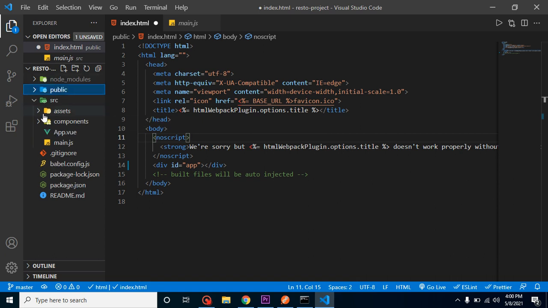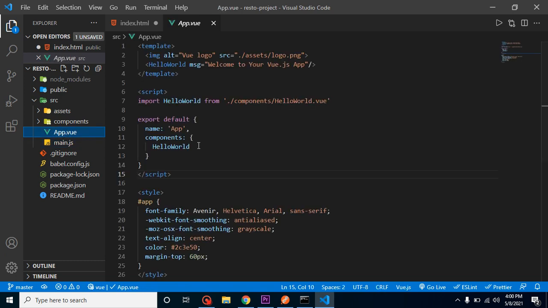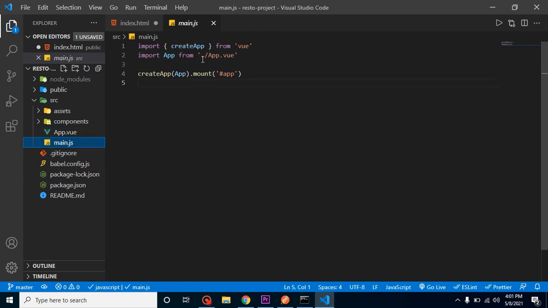After that, let's go with the src folder. I already told you about main.js. This file will mount your Vue.js code with HTML. After that, App.vue. From here we can start with our code. This is also imported in main.js and mounted with our application, or you can say with the index.html.